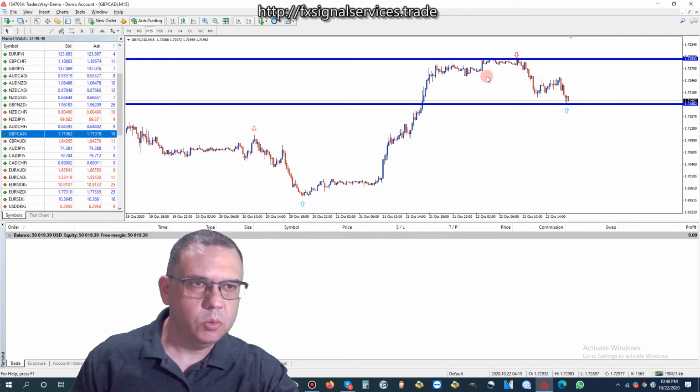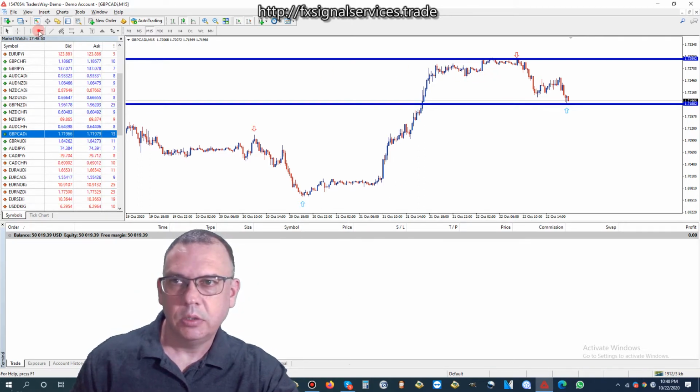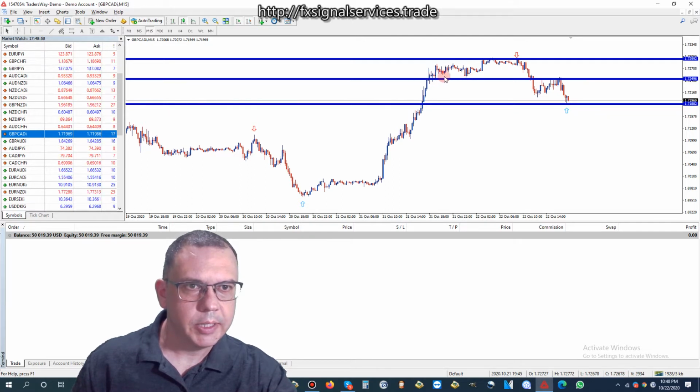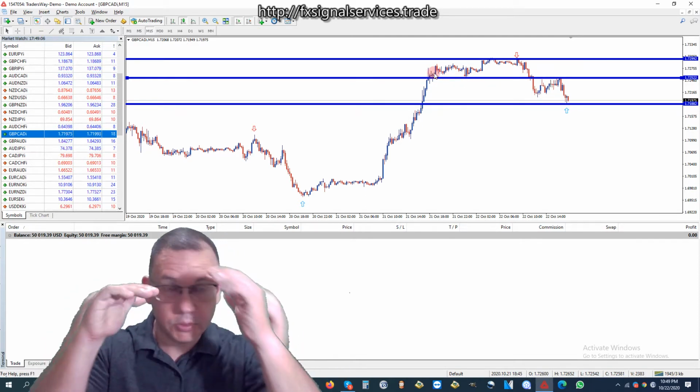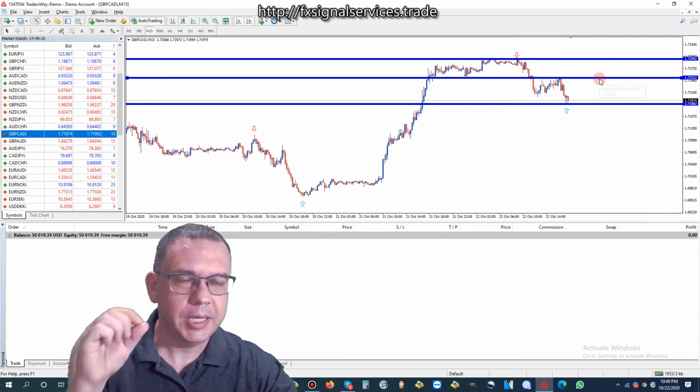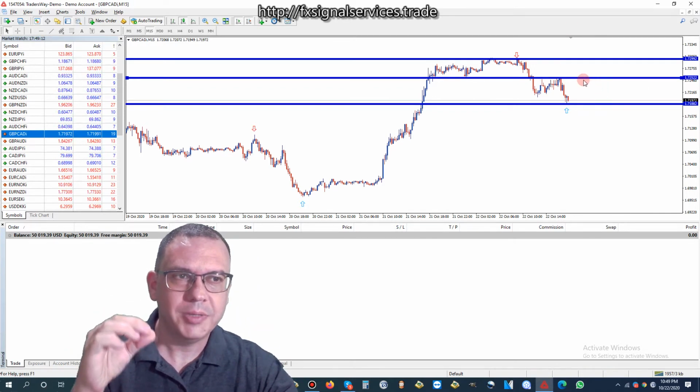What we're looking for is the price to go back up to probably this support and resistance right in here. I'm just going to mark that right there. So that's a strong level of support and resistance. I think it could go up further, but I think the price will go up to at least right here,